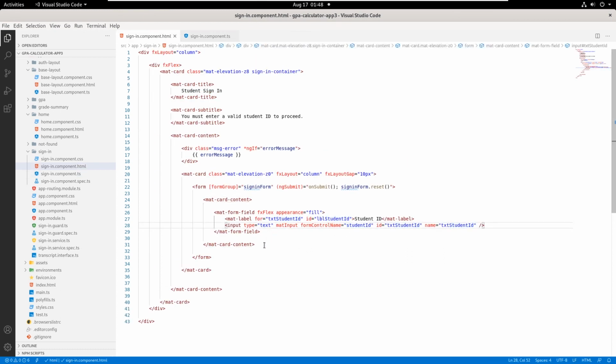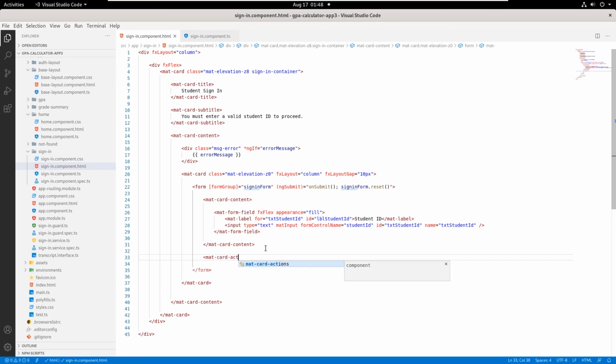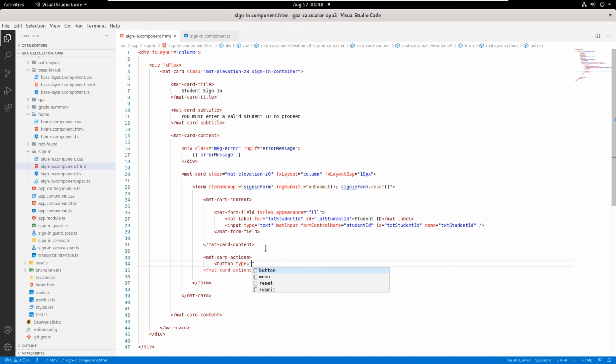Underneath the form field and underneath the content, we actually want to create an action so that we can handle the form submission. And so I like to use the mat card actions. And all we can do is we can say align end, we can say align start. In this case, we're just going to leave it as it is, but I'm going to create the button, and this button is going to be for submission. So we're going to say type submit,